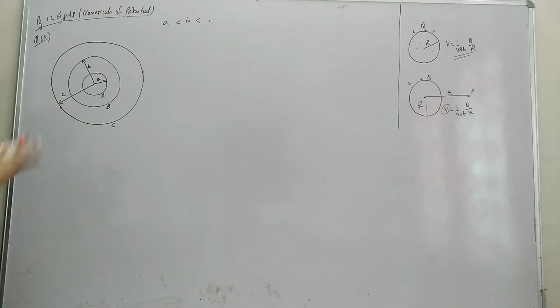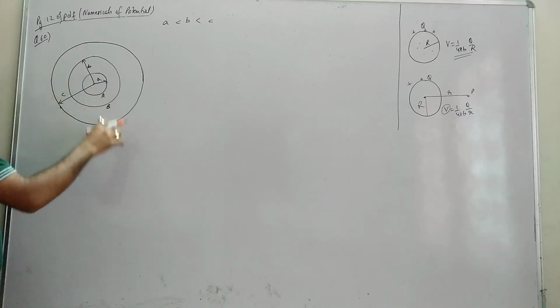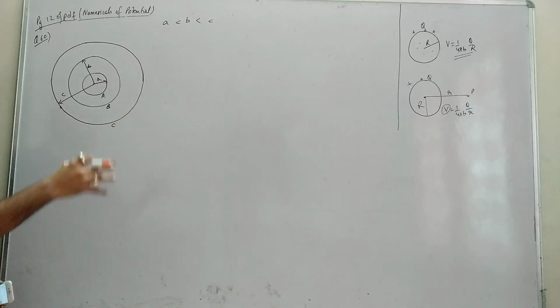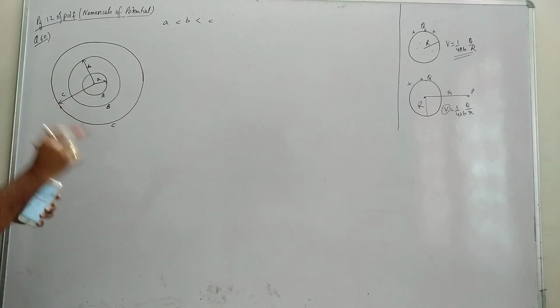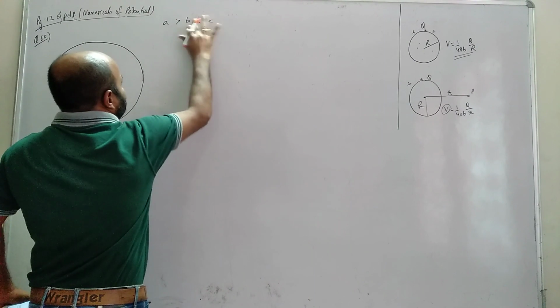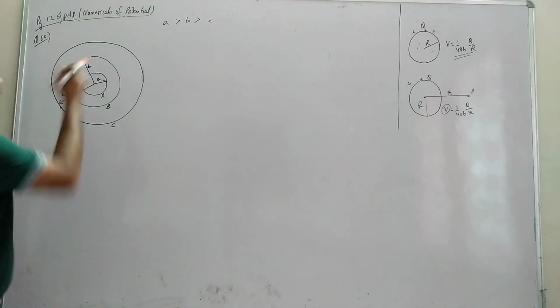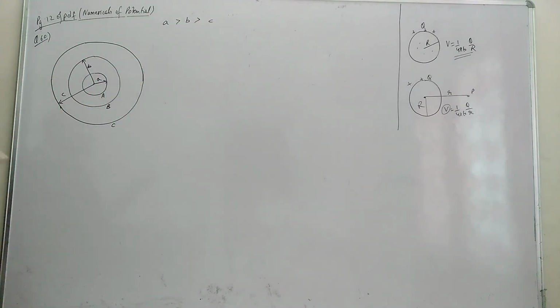Okay, so understand the figure. Capital A, capital B, capital C, small a, small b, small c. The question may change. A small change they will do like this, and the whole story will change. The figure will change completely. So try to understand how to make the figure from the given condition. That's why making it right.